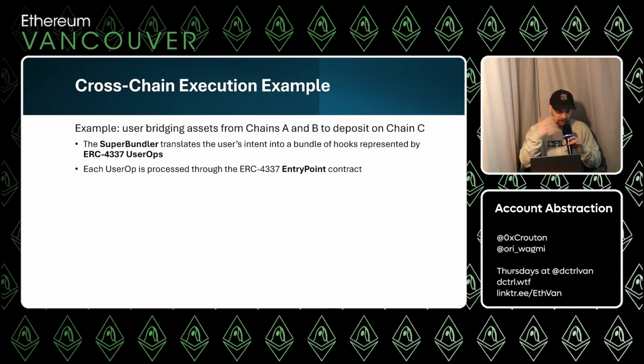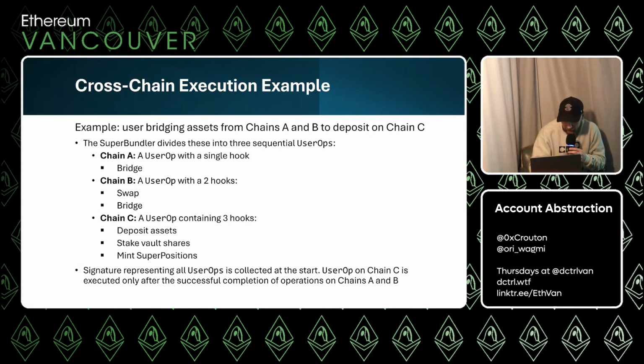But initially, to specify your intent, you'll have some interface. You have to select the asset, select the thing, so it's not actually saying what you want to do, but that's your intent. It's what do I want to do? And it's going to be this bundle of hooks. And a hook could be a swap hook and a bridge hook and a deposit hook. These are just simple actions that build this transaction bundle. And each of those things is a user op. And then the user op is processed through the canonical entry point contract on the chain. And it can be any chain that Superform supports.